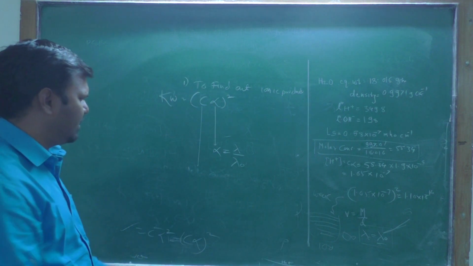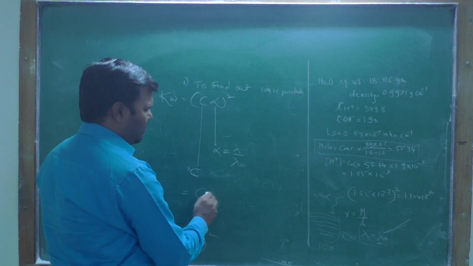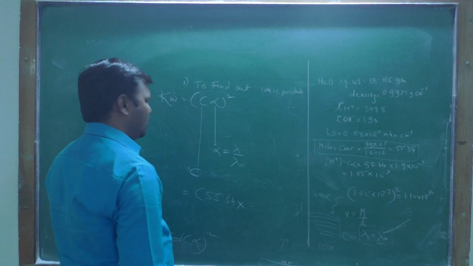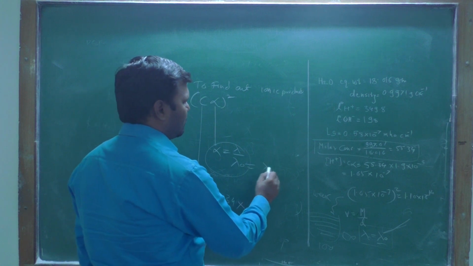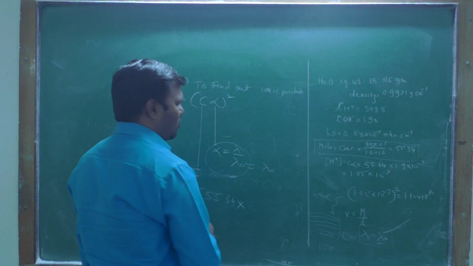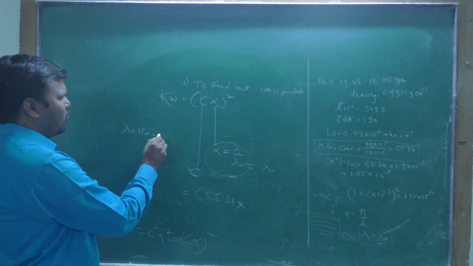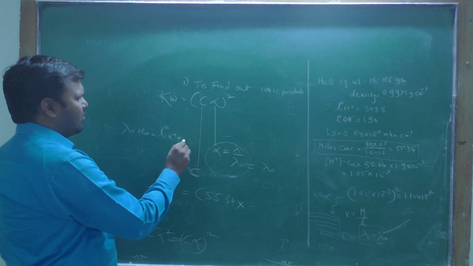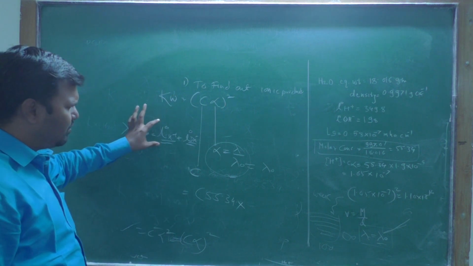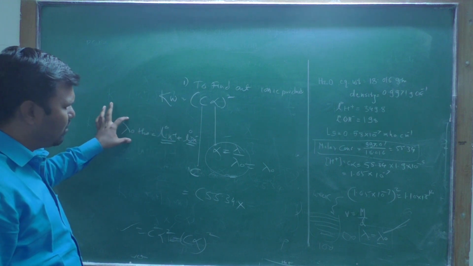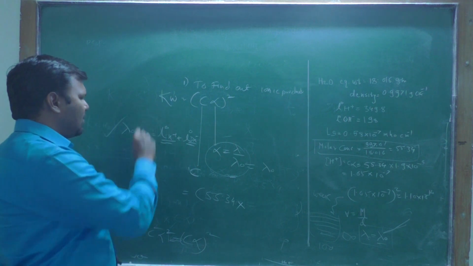Therefore C can be calculated. C is calculated and you put it in this equation. C is given as 55.34, multiplied by the alpha value, which you have to find. Lambda 0 for H2O we can find out by using Kohlrausch's law. Kohlrausch's law is given by lambda 0 H2O is equal to lambda 0 H plus plus lambda 0 OH minus. The summation of the equivalent conductance of each individual ion gives the total equivalent conductance at infinite dilution, that is, at very large dilution. You apply Kohlrausch's law.